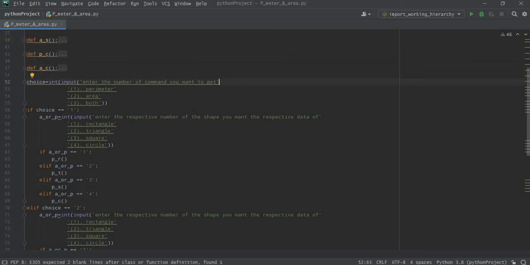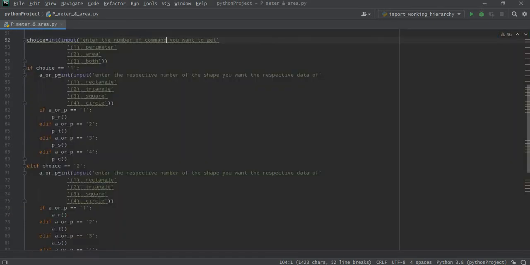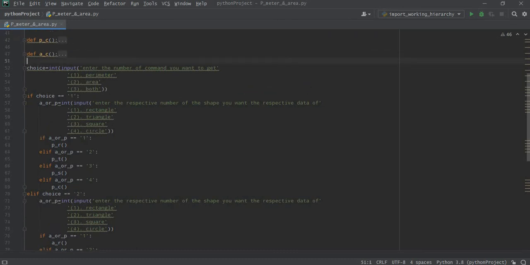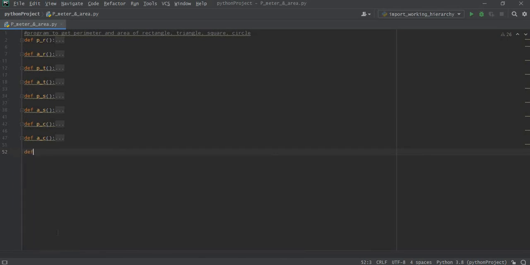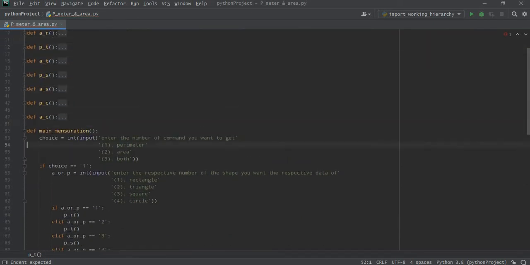Now we could simply make this whole code as a function too. So what we're going to do is simply copy this one, then define a main function, or even like main for mensuration. And then what it would be doing would be simply this choice, and then